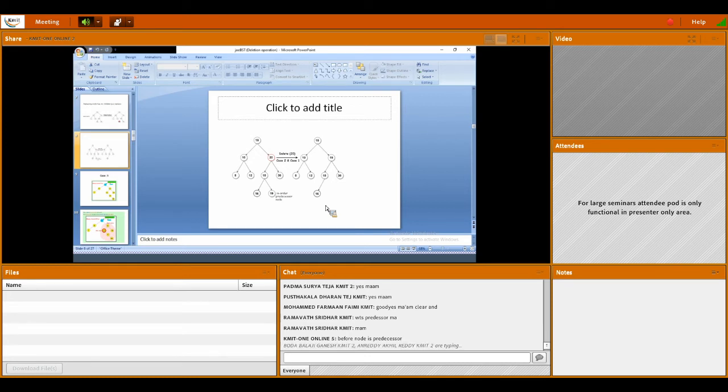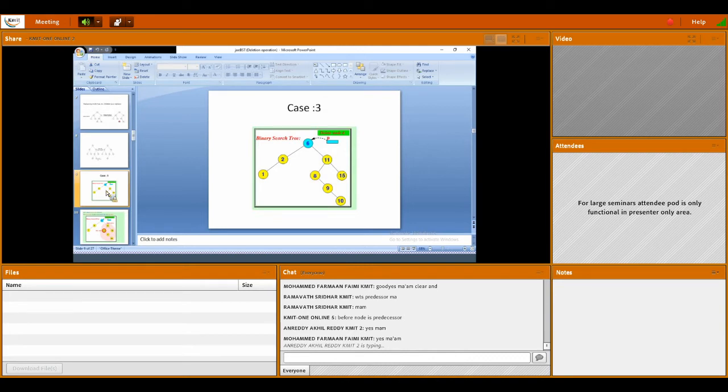If 19 does not have any child, if 19 is a leaf node, we directly use the procedure of case 0. My question is, if I choose 19 to be replaced, this 19 may have a single child or two children, right? Then what is the procedure? Is my question clear? Then we will see it now.